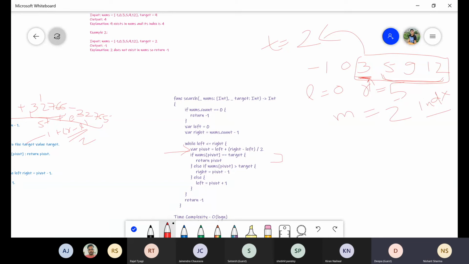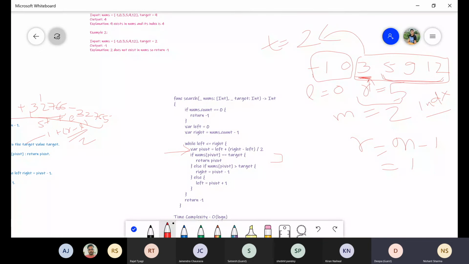Now we need to check the left side of the array, and to reduce from the complete array to the left side of the array. Earlier the right was 5. Now what we can do is say right is equal to mid minus 1, which is 1. Now this will basically give me the array like this, minus 1 comma 0. And when we calculate the mid again, we will see the element does not exist and the condition will break, and we will say the element is not found. So we will return minus 1 in this case.